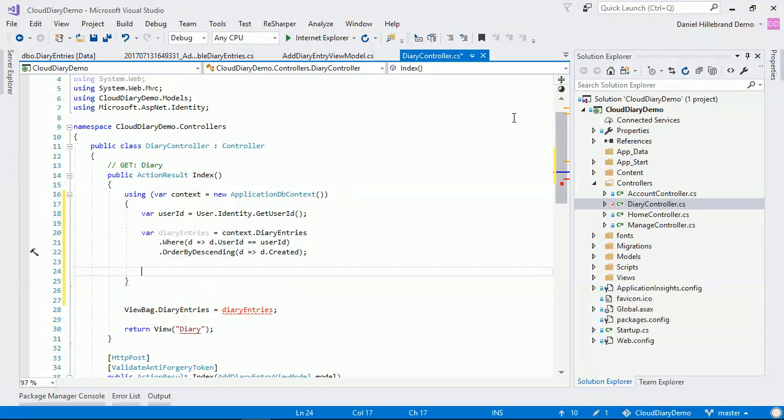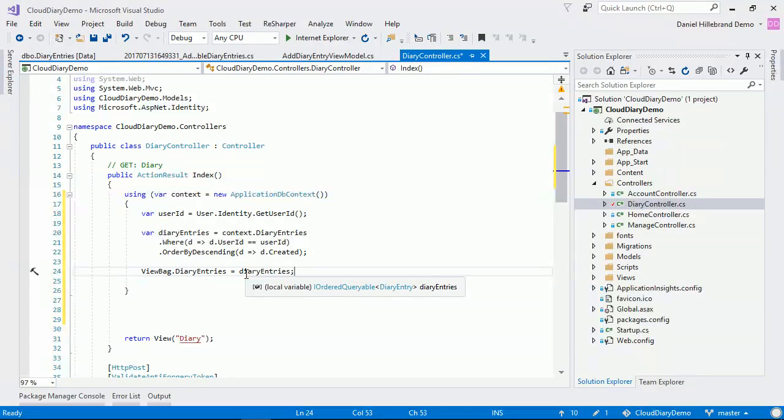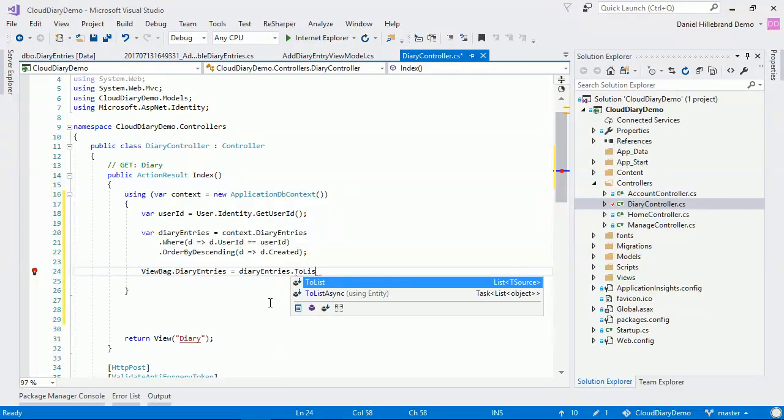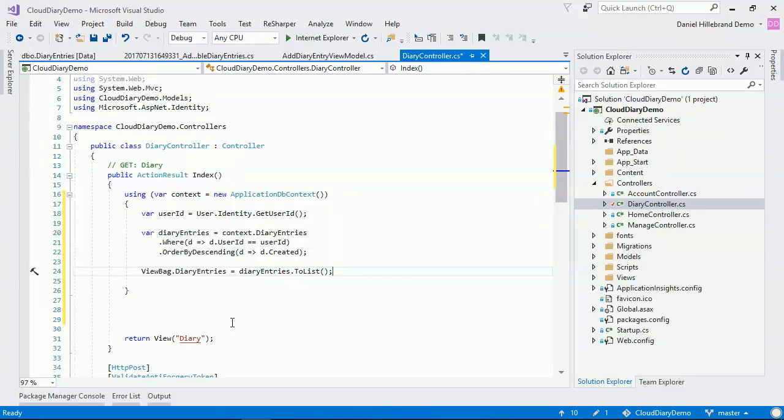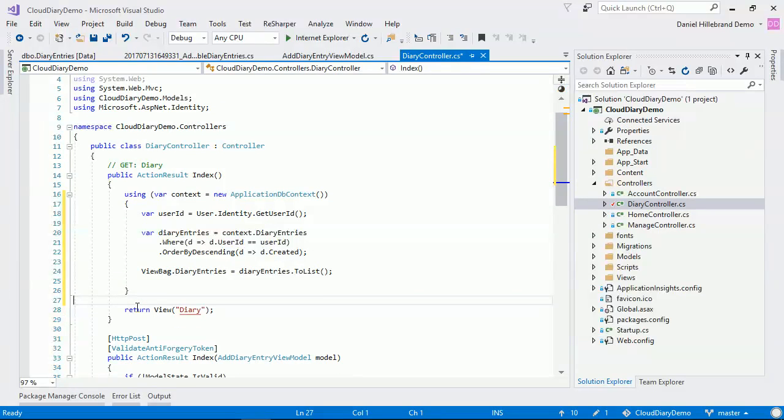So far so good. And now we can take our view back, move it inside the using block, and be careful, our view is expecting a list, so we need to convert this into a list before we stick it into the ViewBag. Can remove these extra lines, save, and